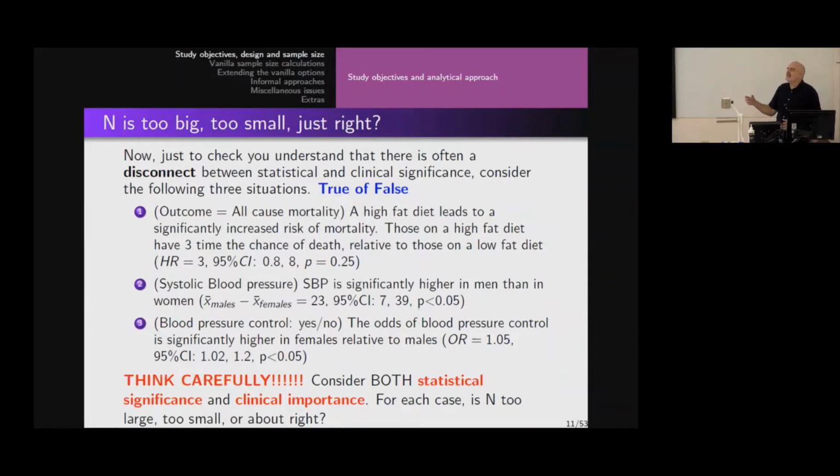Well, yeah, you might say, but really, a 5% increase in the odds, it's not really that large of an effect. Yet it was statistically significant. Here, our sample size was probably too large. In other words, a clinically trivial effect came out as statistically significant. So straight away, a reviewer should say, wait a sec, that's not important. Your sample size is too large, okay? So we really need to think carefully here and consider both statistical significance and clinical importance. Or we should really just say clinical significance and statistical significance.